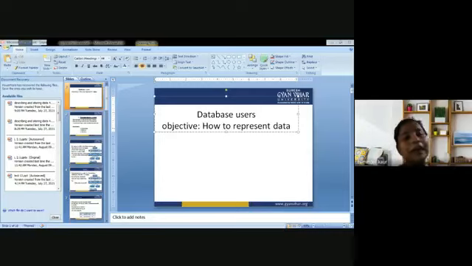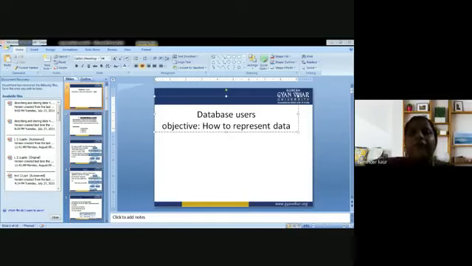Next is entity types. They are often not identified. Now, what is basically an entity? It is a real world object. It could be an employee, a customer, a banker, any physical entity that exists. Entity types are often not identified or are incorrectly identified, and if this is the case, it could lead to replication of data, which is very prevalent in database management systems.